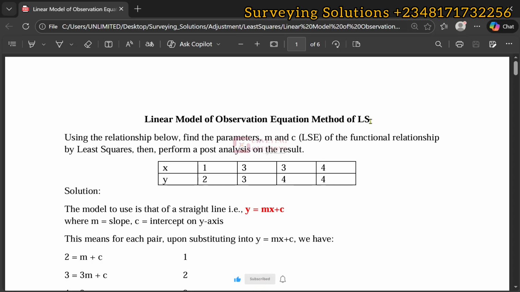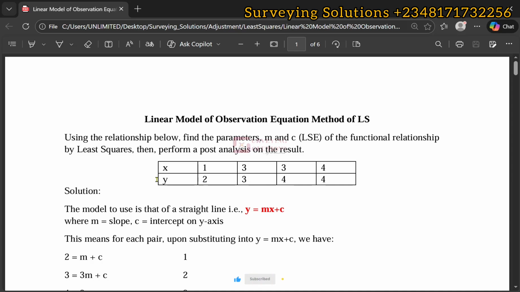On today's tutorial, we are going to look at the linear model of observation equation of least squares. In a certain experiment of 4 observations, y1 to y4, at certain fixed locations x1 to x4, given this table we have here. Now suppose it is desired to model the observations from y1 to y4 mathematically